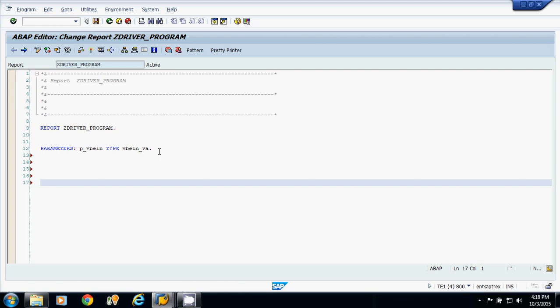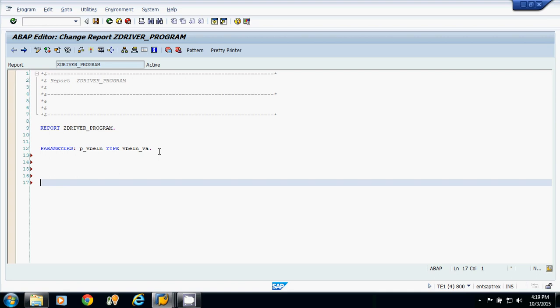Whenever you want to call a smart form from the program, the first step is to get the function module which is associated with that smart form, because we have already discussed that every smart form on execution gives one function module.